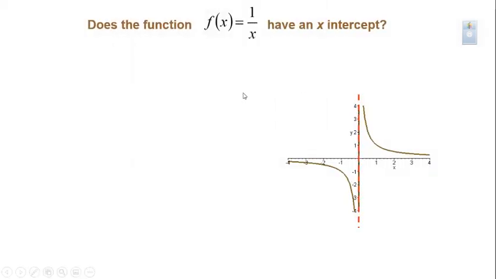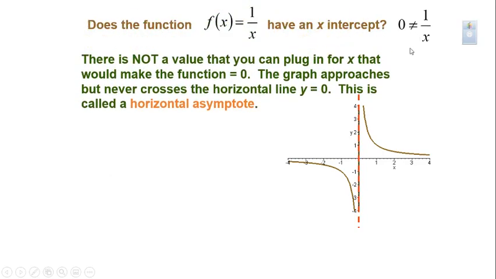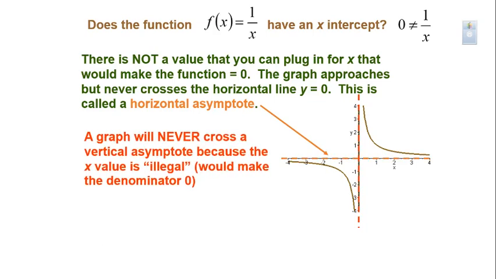So does the graph have an x-intercept? Well, if I set the function equal to 0 and solve for x, I will get no answer. So in that case, we have what we call a horizontal asymptote. And the graph will never cross the function at a horizontal asymptote, at least not as it